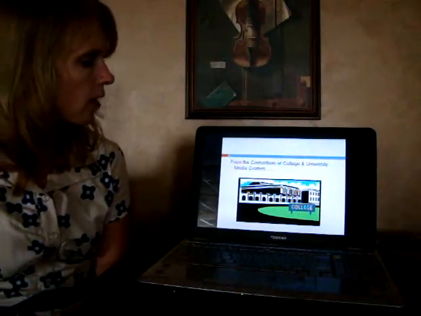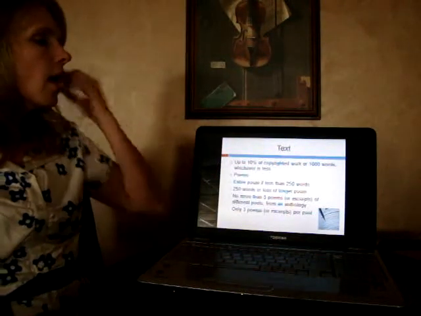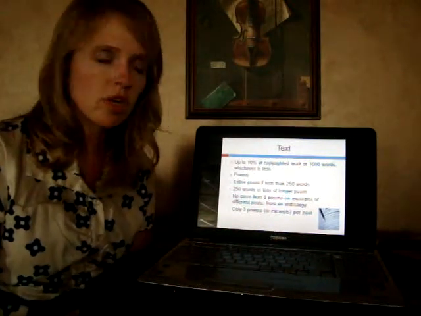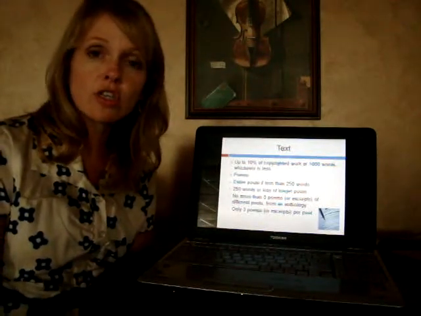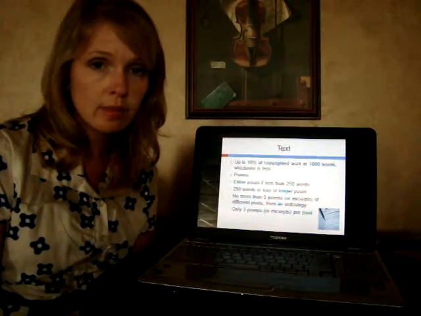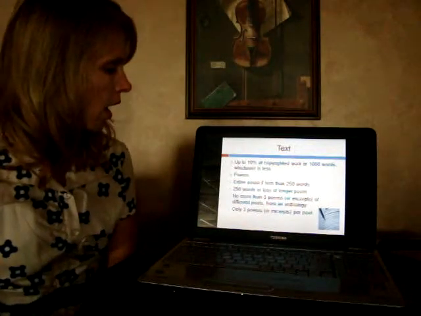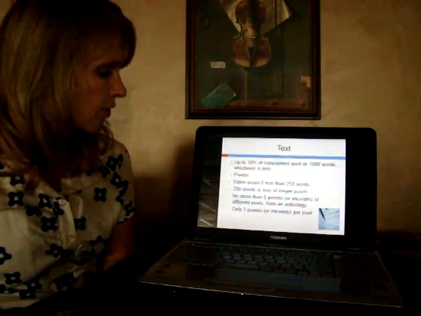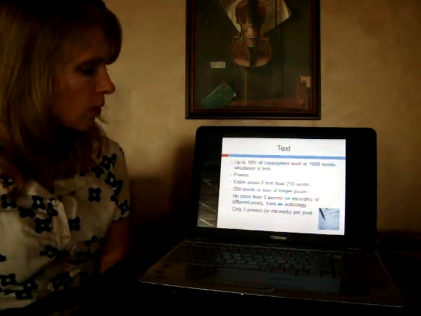From the Consortium of College and University Media Centers, they state that for text, up to 10% of a copyrighted work or 1,000 words, whichever is less. For poems, this is one of two cases that I found where you can actually use a work in its entirety. One is a poem that is 250 words or less. If you have a longer poem, you can use up to 250 words. No more than 5 poems or excerpts of different poets, like from an anthology,